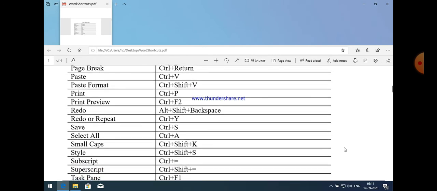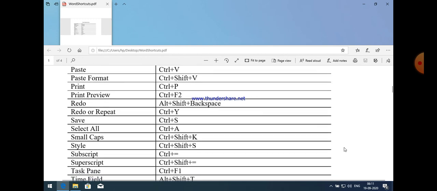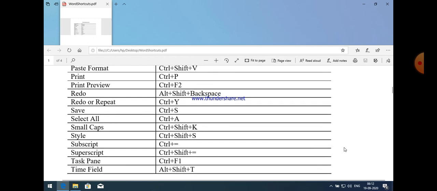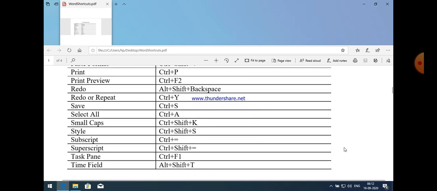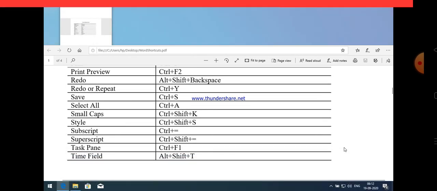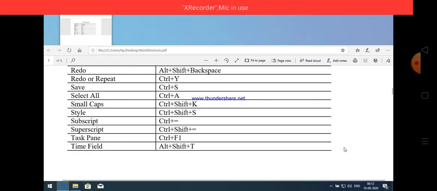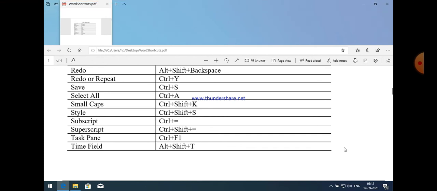Okay, now next is style. If you want to apply different styles in Word, then Control plus Shift plus S. If you want to change your data to subscript, for that purpose, Control plus equal. Okay, the Control and equal keys should be pressed simultaneously.